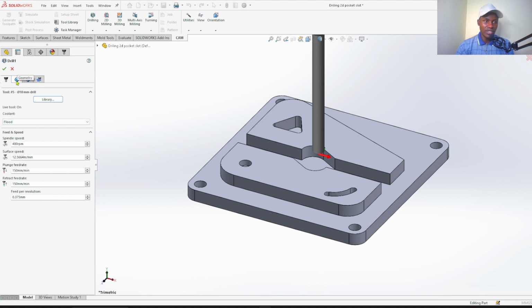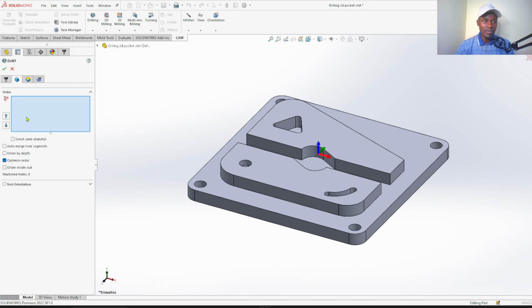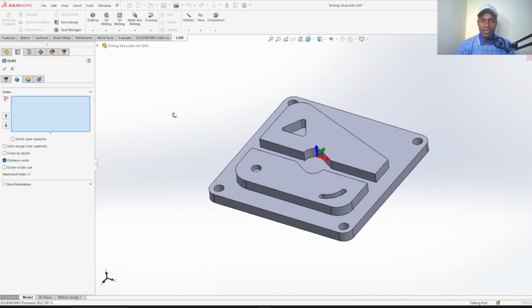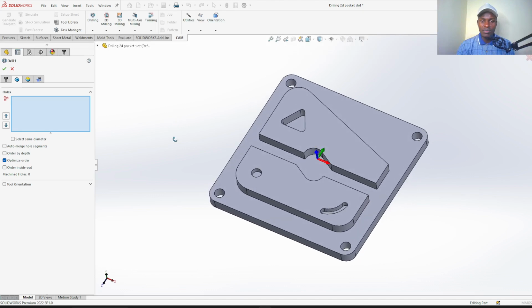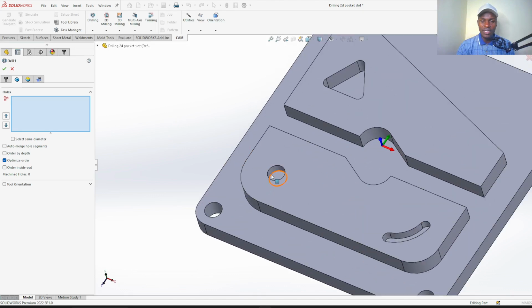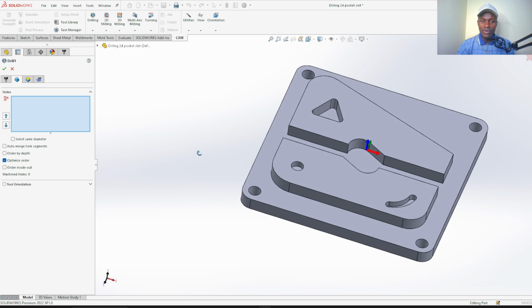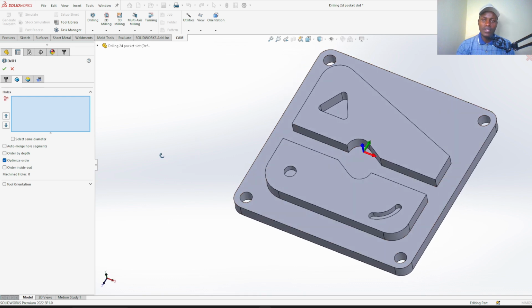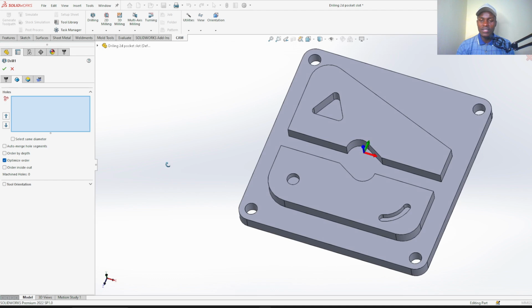So you can proceed to geometry, and here we'll select all the 4 holes, through holes. We won't touch on the blind hole for now because it has a different cutting depth. So when you have holes that go through, I'd prefer you create one code.